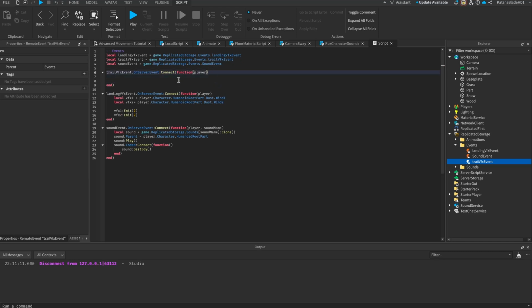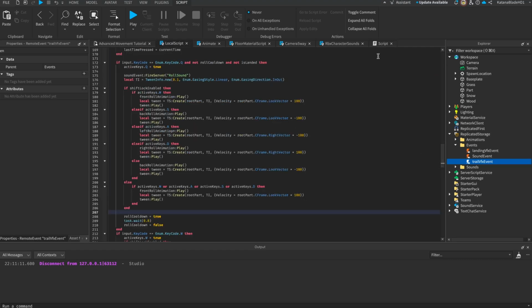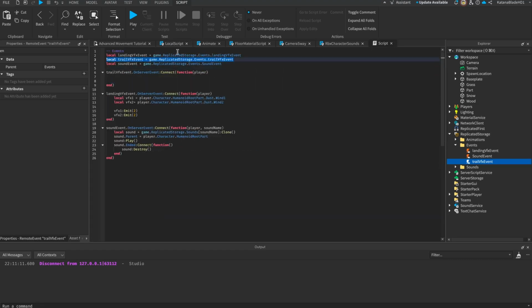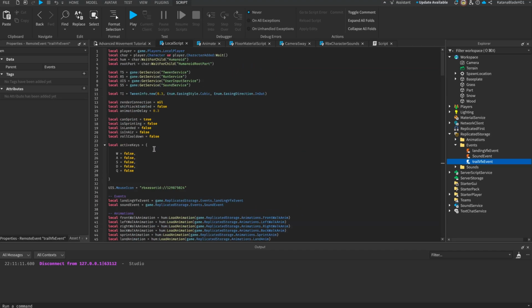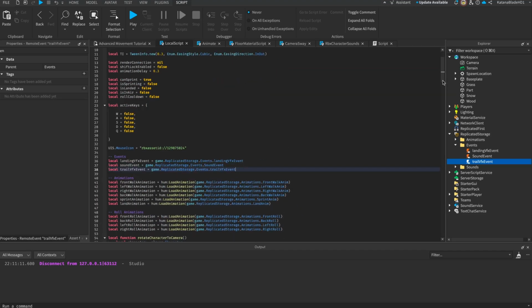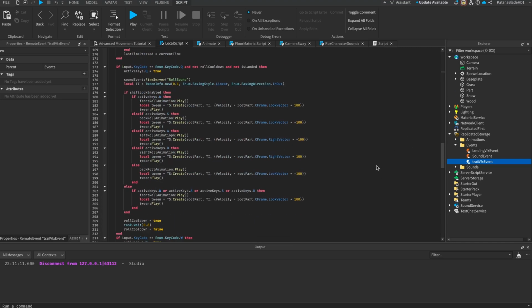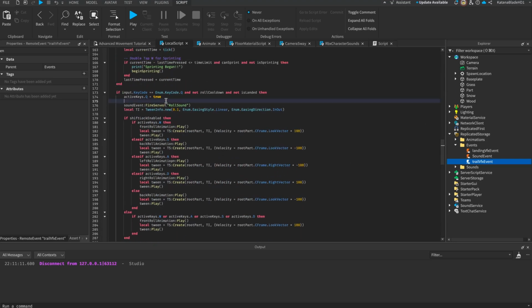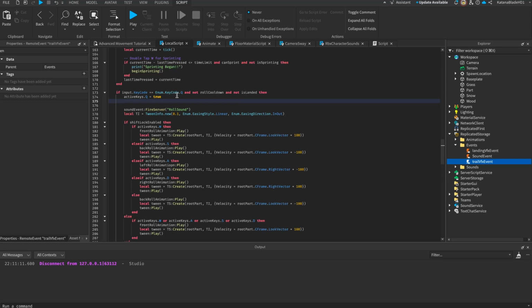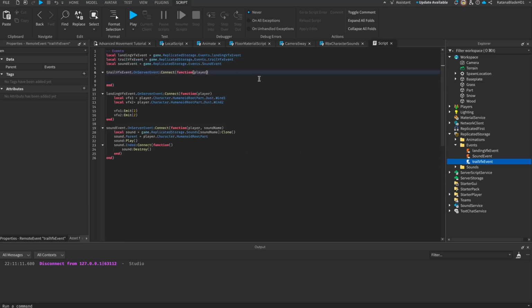Well, first let's go back to the client script. Reference the same thing. Trail VFX event. Put this guy next to our events up here. And whenever we roll, like here, we will call this event Trail VFX event via server. I'm going to pass in a few parameters. The duration, and yeah, actually it's just going to be the duration. We'll set it to 0.5 for now. I'm going to get this value, duration,